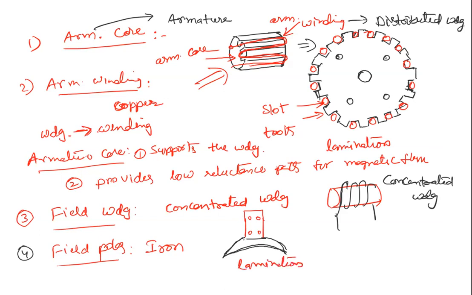Okay, so in this you will have what is called the pole core. Not field core, sorry, these are field poles. So these are the pole core, and this is the pole shoe. Pole shoe looks like a horse shoe. So field poles will have two parts: one is the pole core and the other is the pole shoe, right?